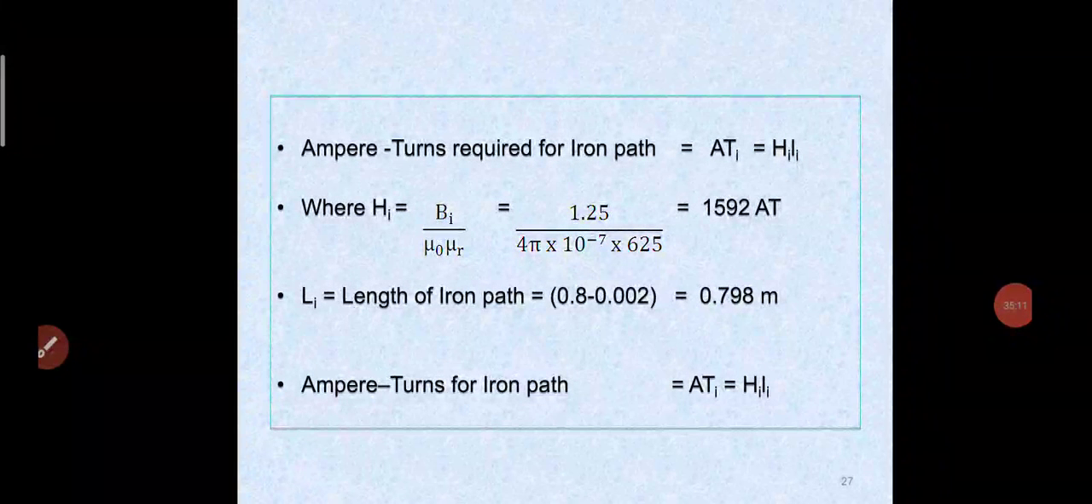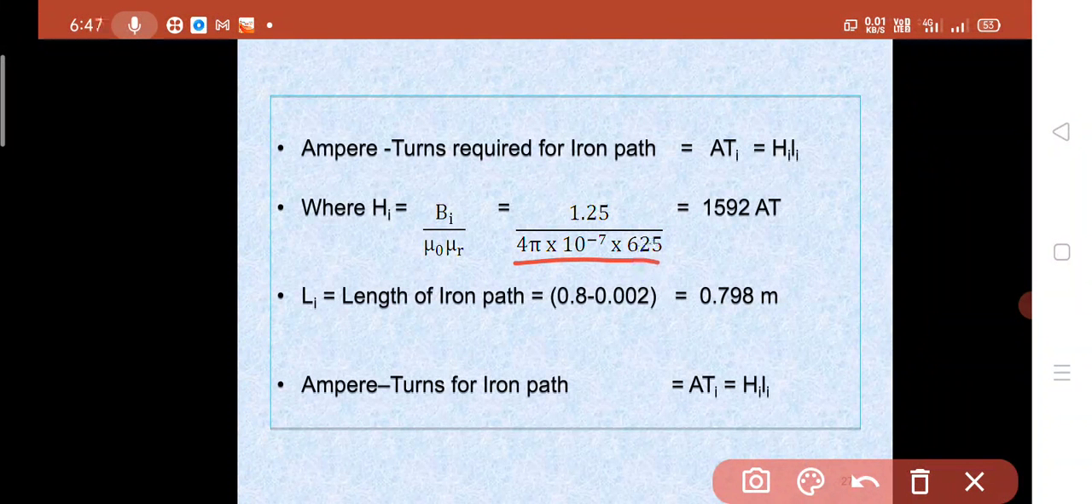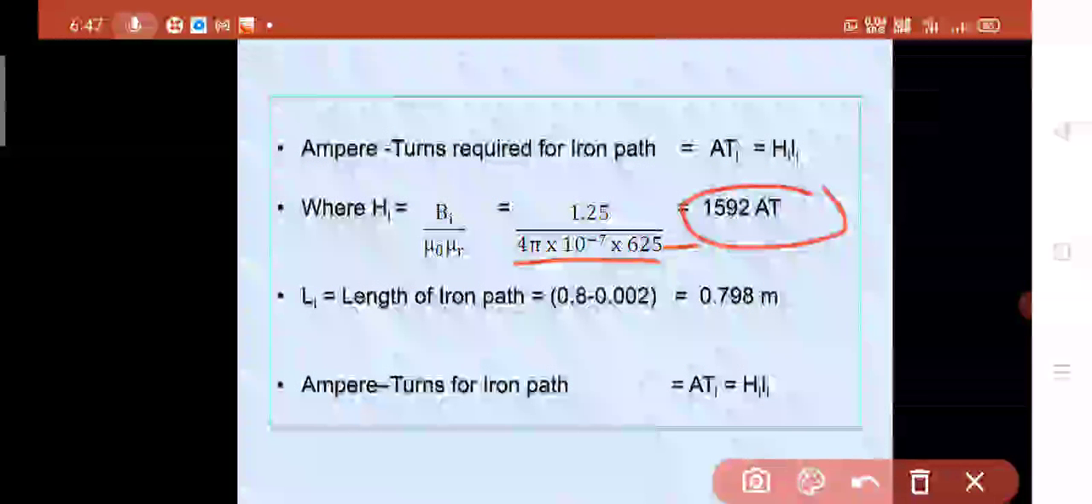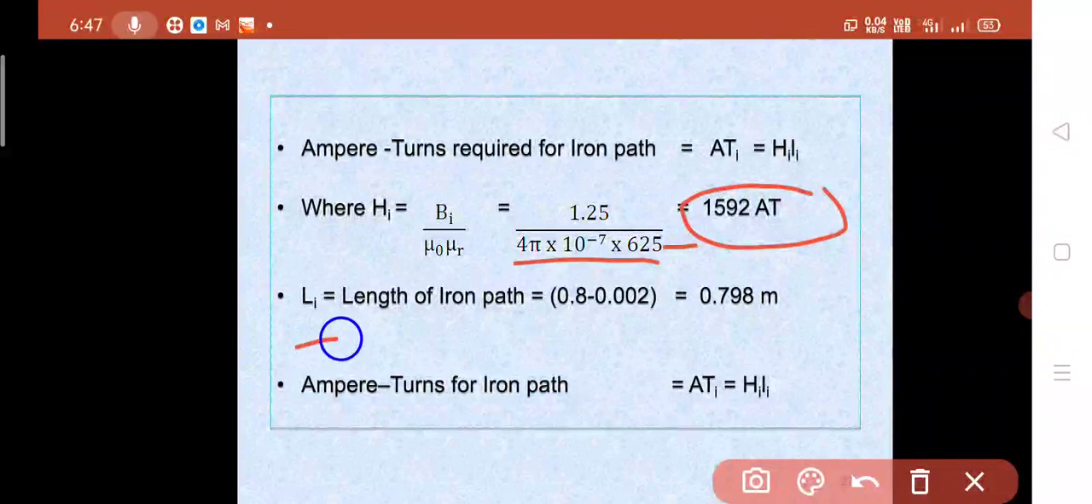Ampere turns required for iron path ATi is equal to Hi Li, where Hi is equal to Bi by mu naught mu R. So Bi value is 1.25 by 4 pi into 10 to the power of minus 7, and mu R value is 625. So this is the answer, 1592 ampere turns. So Li, the length of the iron path,